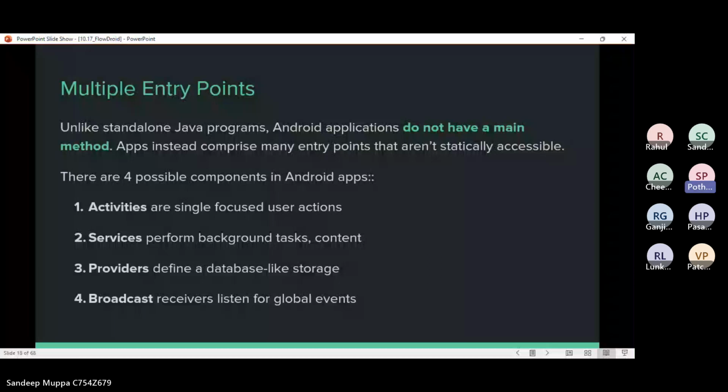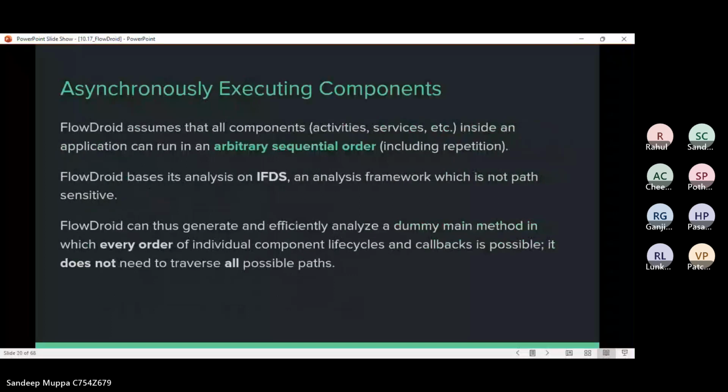And the second thing is asynchronously executing components. In an application, we have different kinds of activities and also services.